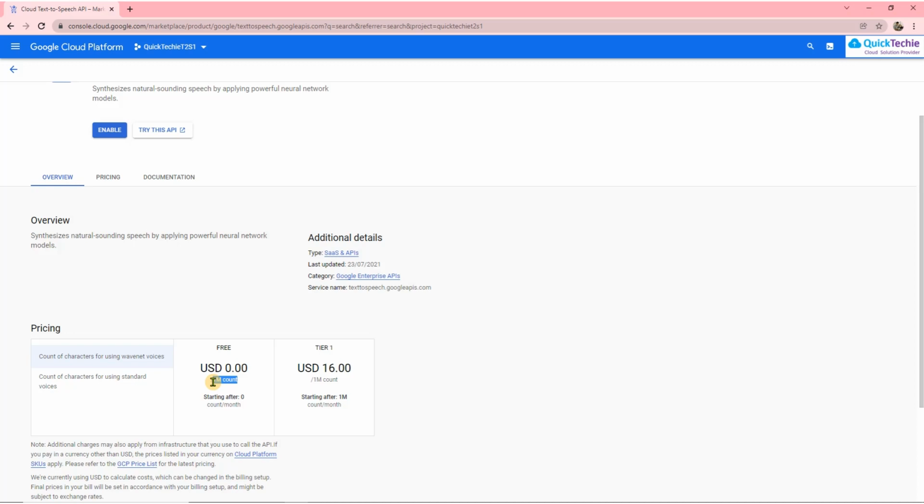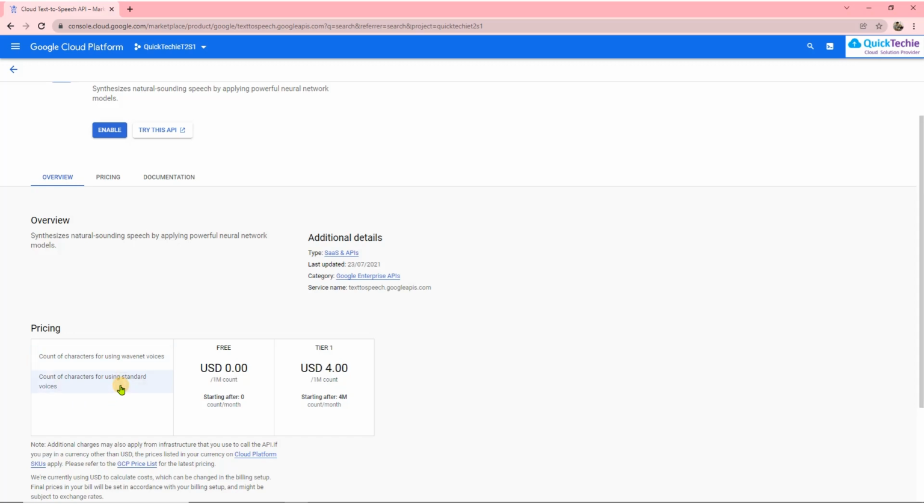Even after your trial period expires, this remains free, 1 million characters every month, which is more than 2-3 textbooks in size. After that, Google would charge $16 per 1 million characters, and the count is reset every month.